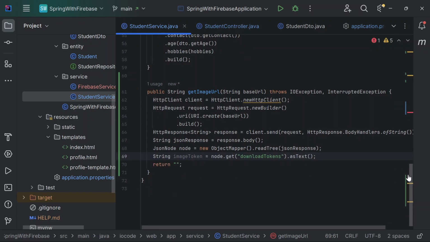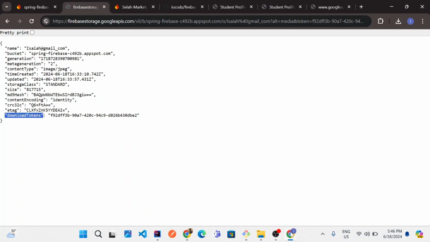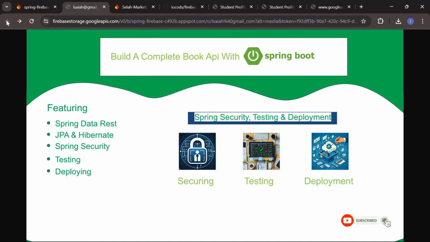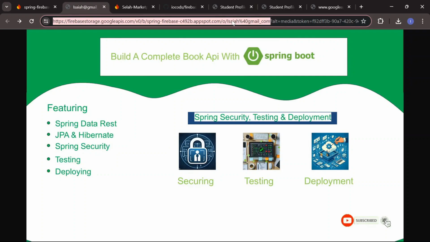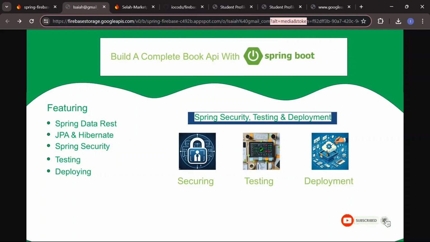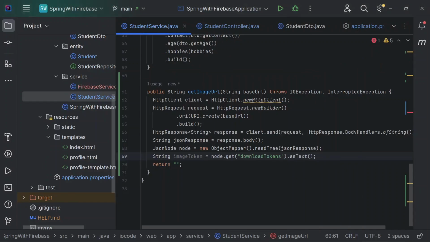Okay, now there's one thing we have to take into consideration. If we move back and I decide to go back, we see that we have alt equals media and token. So we need to include this part as well in our base URL. Okay, so basically this part is the one we are using to send this request now, because I concatenated the email with this other part from the code. Now we also need to include this other part before we add the token. Okay, before we add the token, so we are going to copy this one as well, and back to